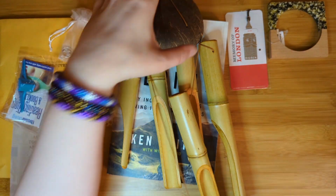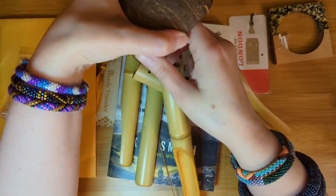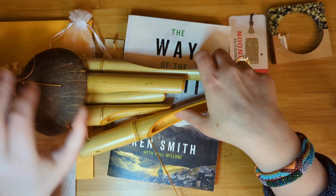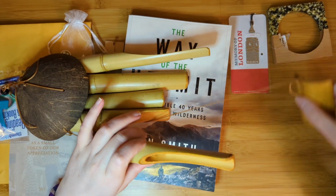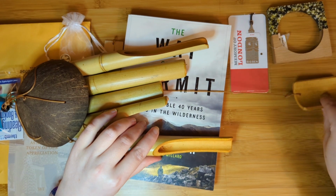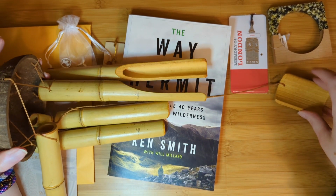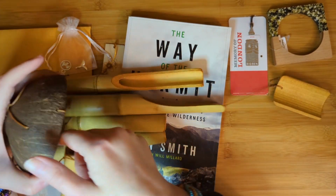This hangs lower, maybe if I do this, it hangs lower than the rest of the tubes. I apologize if this is hurting anybody's ears, but you can see this piece is way down here. Hopefully this is all on camera. And like I said, I'll try to insert a picture. I would love to know what country this is from. I mean, maybe somewhere in...